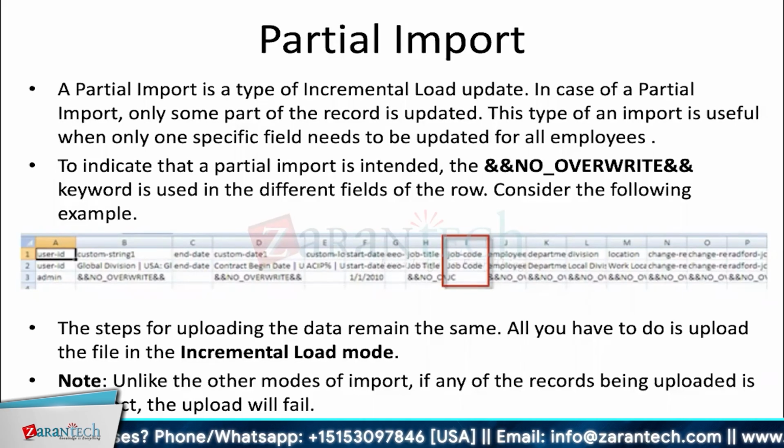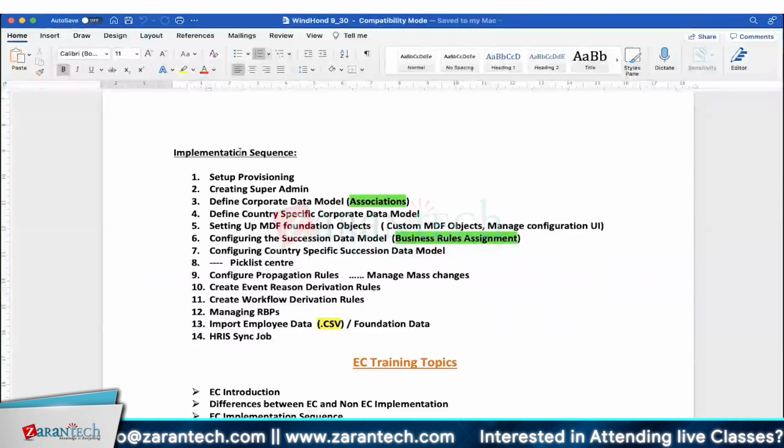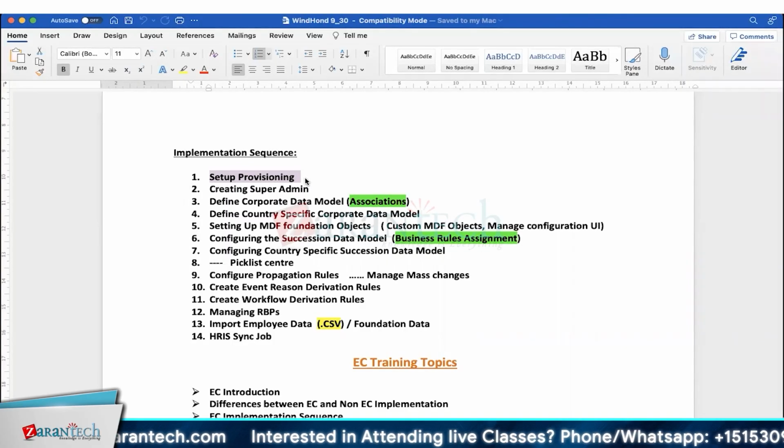Provisioning settings is a topic I want to highlight, where generally in real time we look into the provisioning settings at the start of the project. We have to do all the activations in provisioning at the start of the project, and only then will we be able to carry out the respective configurations. But the reason I am discussing provisioning settings now is that in the initial first-level session on day one, if I try to explain what is present in the